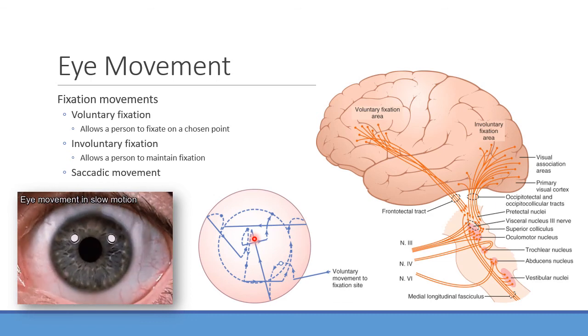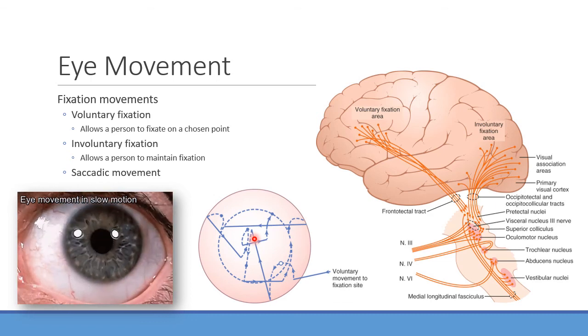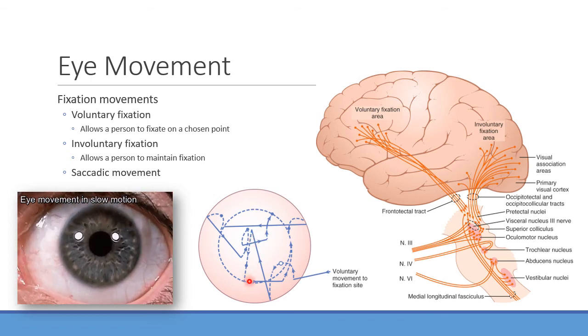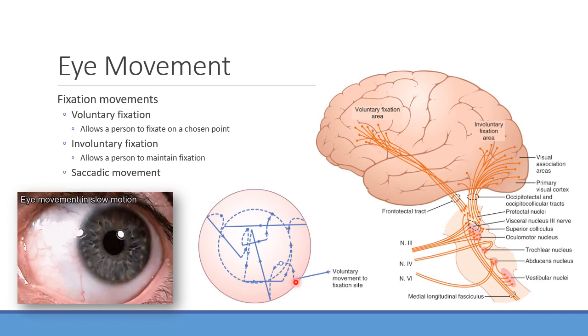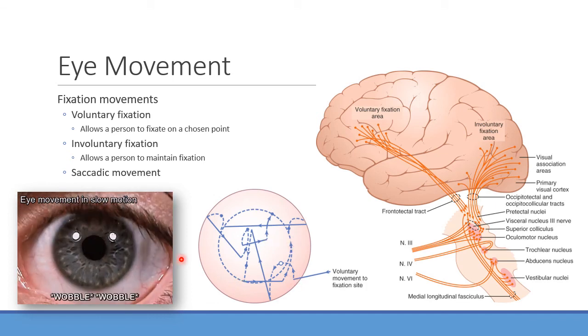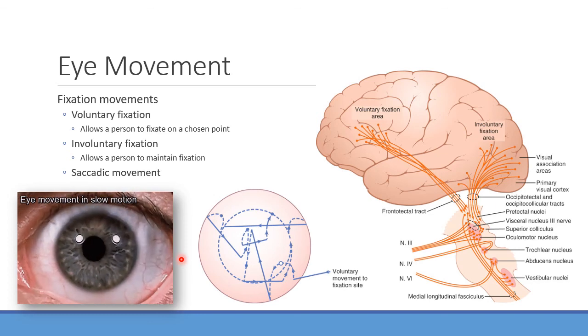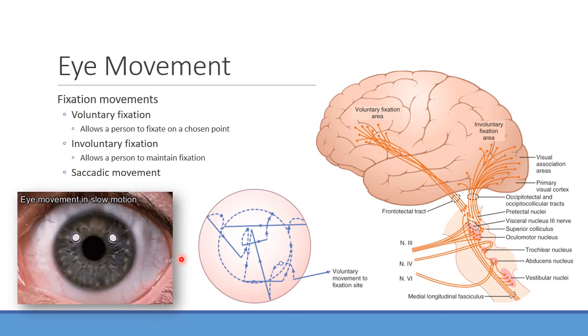It focuses that image back there, because again, that's where the majority of our visual acuity is going to be coming from. And then it's going to drift again, and then snaps back. I'm trying to see where it's at. Snaps over here, and then drifts again, snaps. So again, that's why if you're reading something, or looking at someone, you see their eye moving on its own. It seems like that's that involuntary fixation, trying to keep things on the fovea.